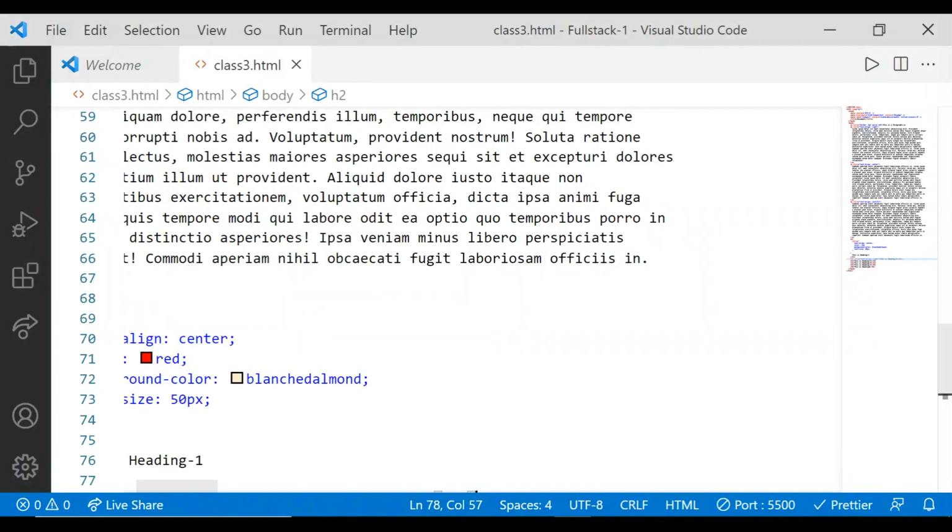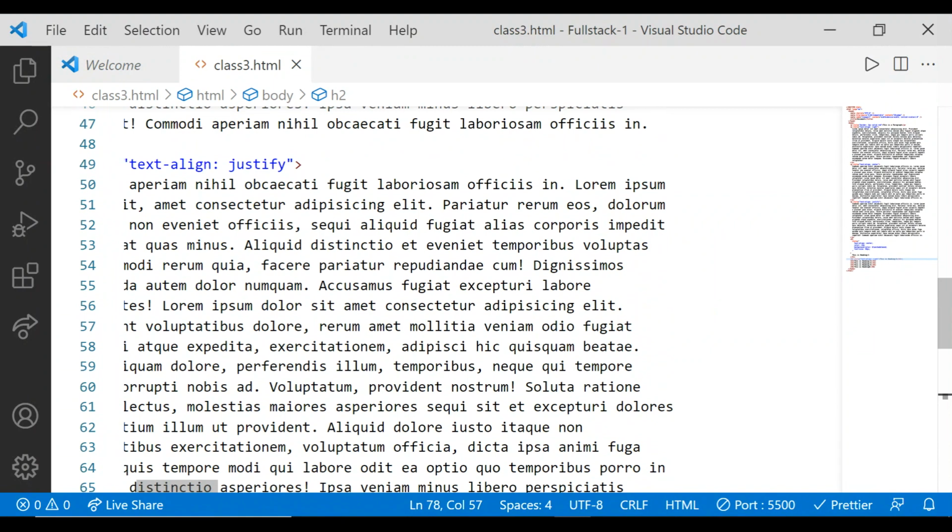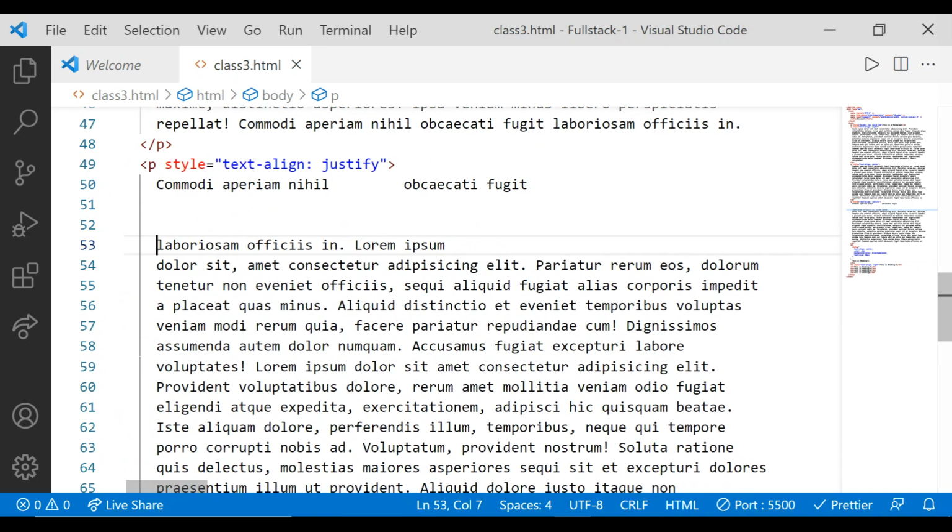See, if I'm going into the last paragraph and I'm going to add some space. I'm writing 2 tabs and after this I'm entering some spaces using the enter key. See, HTML is white space insensitive. Insensitive means if you add some space purposely, it will not take it into account. So let me save the code.